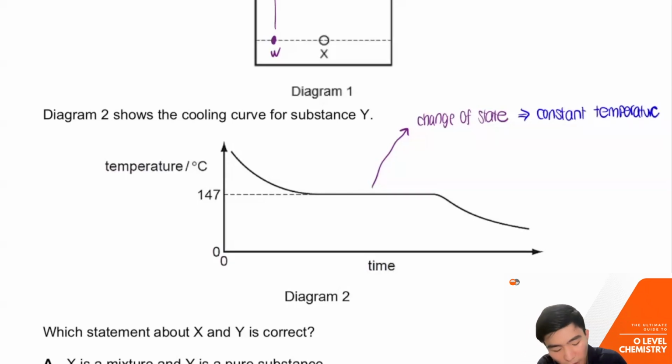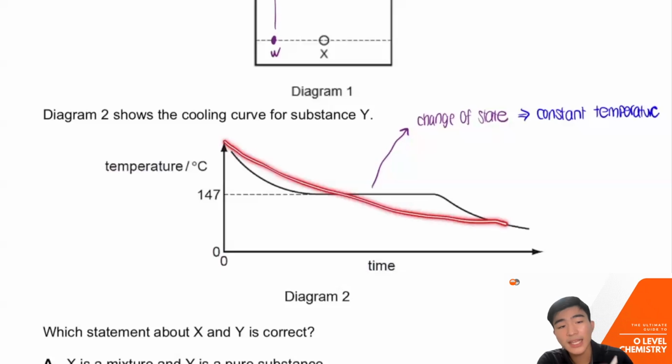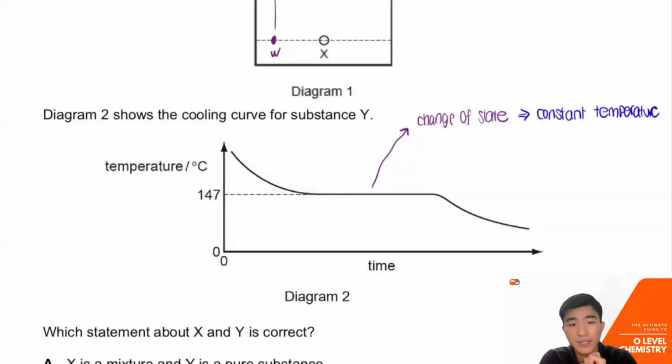Why? Because all the energy that is being absorbed or lost by the substance is getting converted into the change of state, which means from solid to liquid, or from liquid to solid, from gas to liquid, from liquid to gas. So in this case, it's a cooling. It never tells you whether it is a melting process,